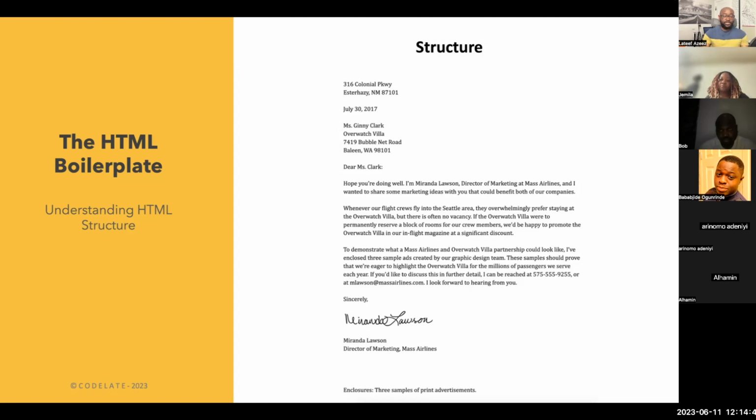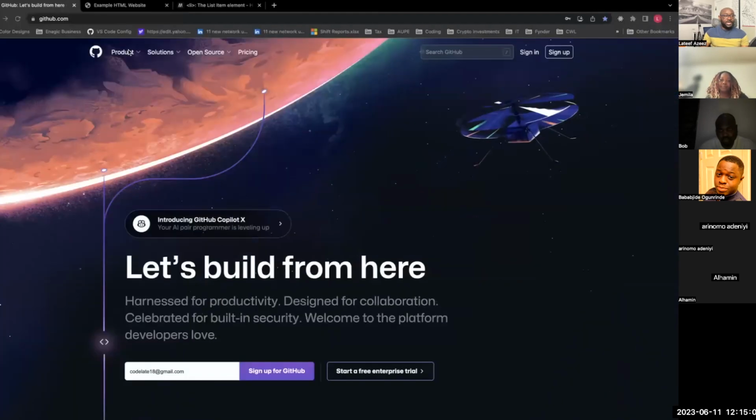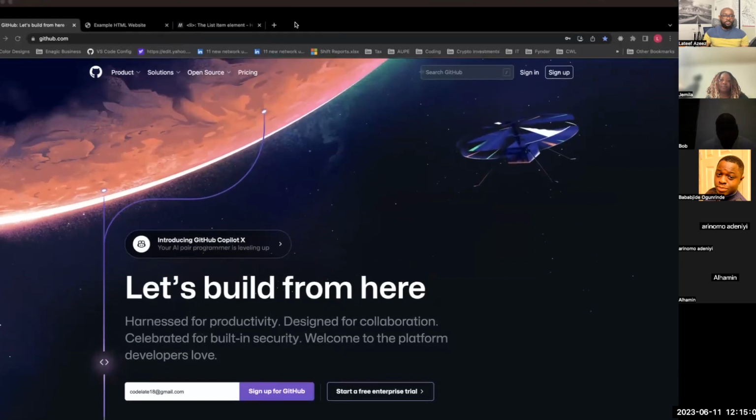The reason for this boilerplate is that every code you write will be read by the browser. So the browser needs to understand that code and be able to do something with it or do things with it. For example, you realize that when you are on some website, you would see that, let's say, for example,